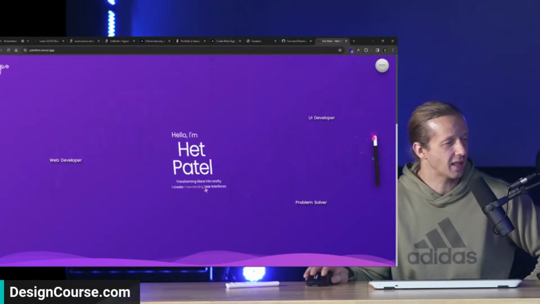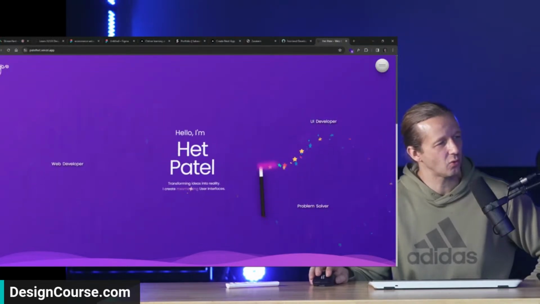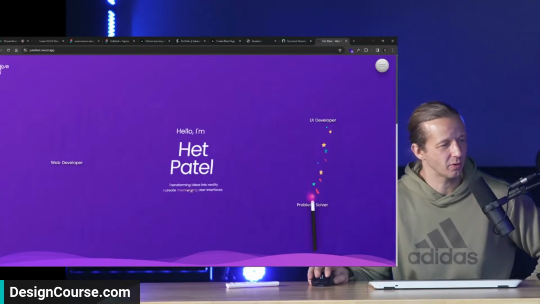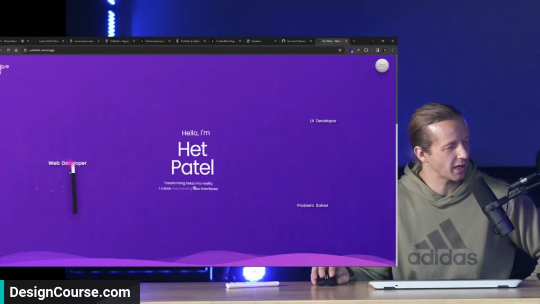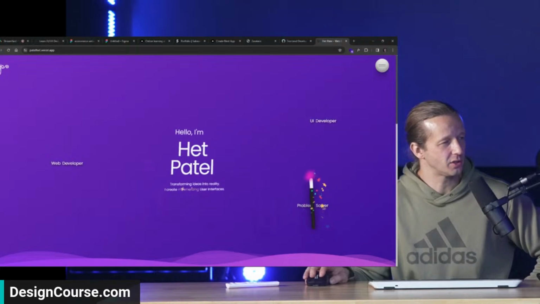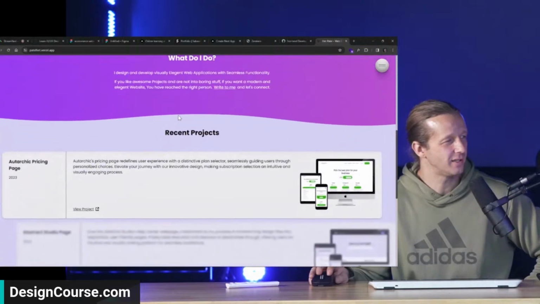I think, though, it kind of almost suffers from the same issue as before. I don't like these UI designer, UI developer, problem solver, web developer labels just hanging out over here with the drop shadow. I would try to do something maybe a little bit more different in that context. But this is cool. This is definitely cool.